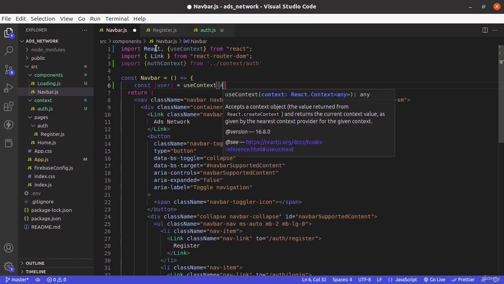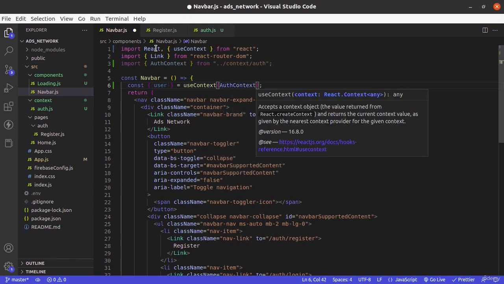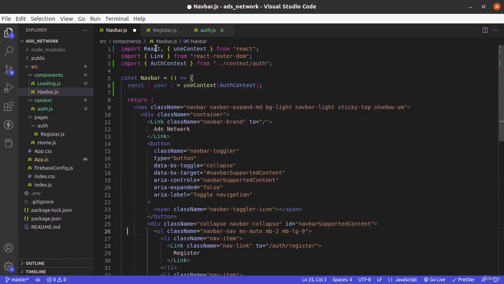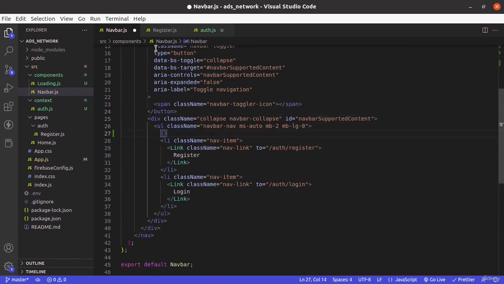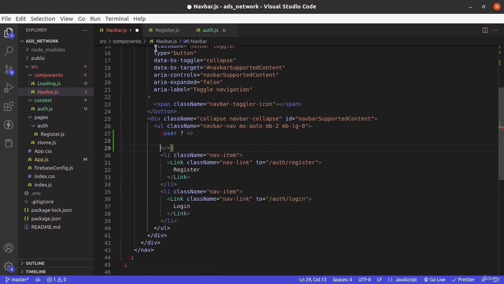Use context, and we will pass auth context. Alright, so here we will check if user exists. Then let's just show a button to log out. btn dash danger,